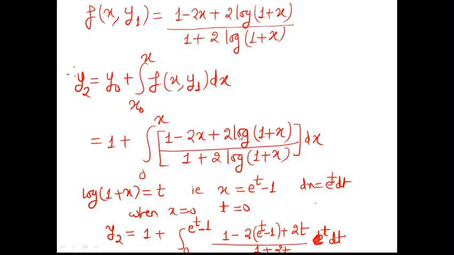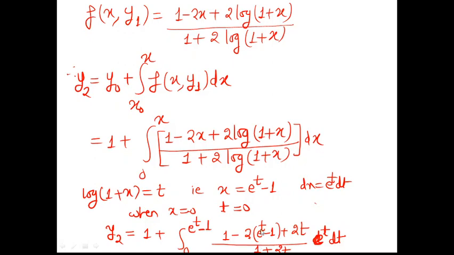Now it's a big task to integrate this. So how can it be done? We will make use of a substitution. I'll put log of (1 plus x) as t. Obviously x will be e power t minus 1, and differentiating, dx is equal to e power t dt. The limits will be: when x is 0, t will be 0, and for x the value of t will be log of (1 plus x). In this way we get the replacement for this particular integral. Now even after using this substitution we find it difficult to integrate, so this term is not at all integrable.